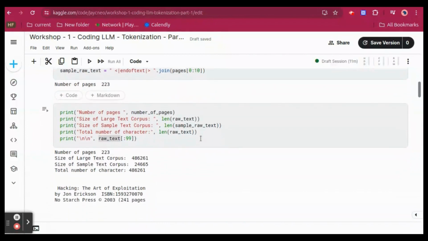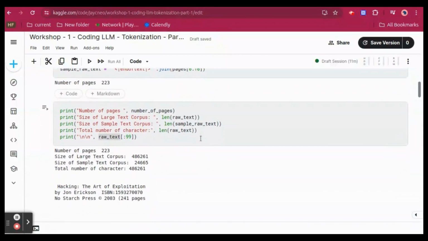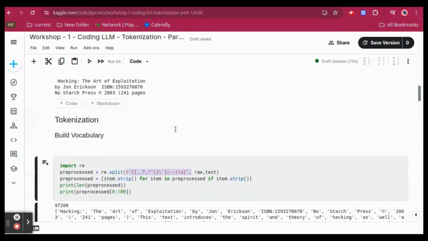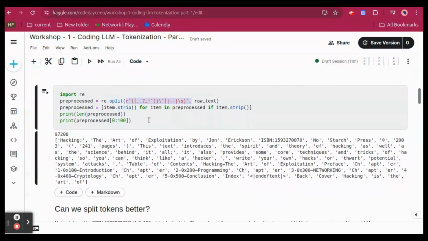And then I hope, if we would have got it, then we would have simply appended it in the similar way that we have just done it. Okay. Now the next question arises: how to split it into words that will become our tokens, right? So here we are using a regex, a pre-processing regex, and then we are splitting it by some special characters, like split wherever you find a comma, dot, question mark, exclamation sign,